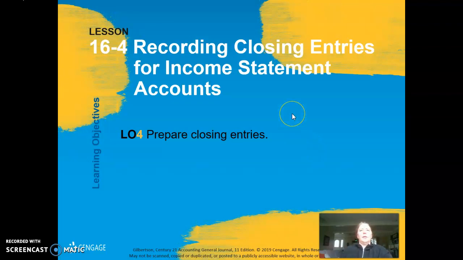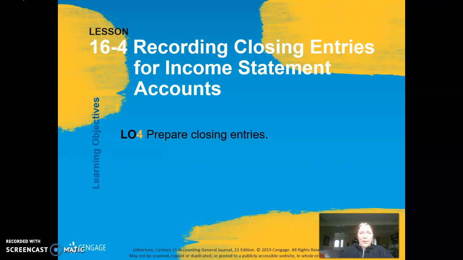So carrying on with our Chapter 16 financial statements, we have done the income statement, balance sheet, and statement of stockholders' equity. So now that the financial statements have been prepared, we have to do our final closing related items. And the first thing we're going to do is record closing entries